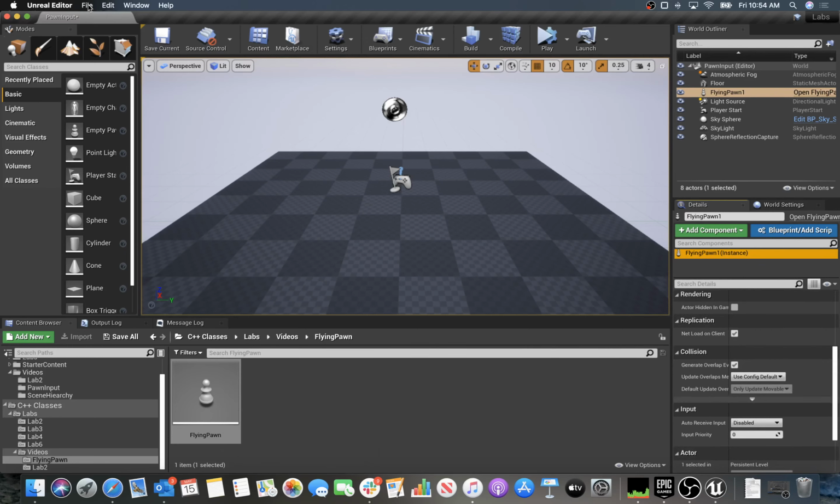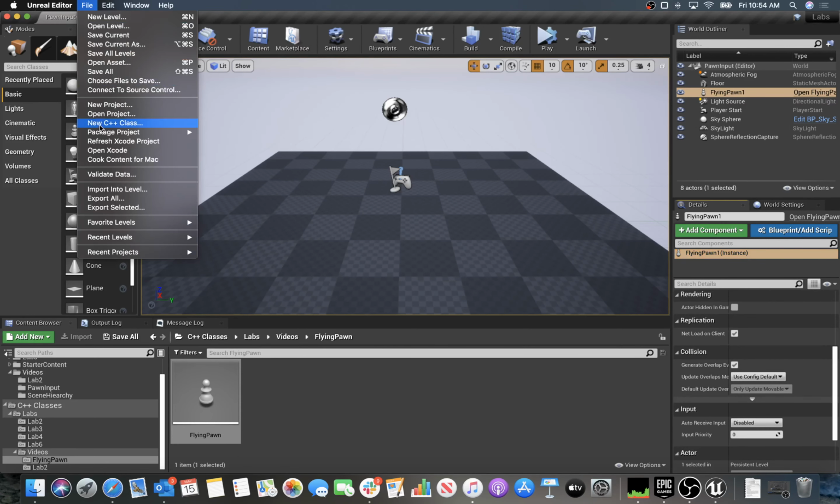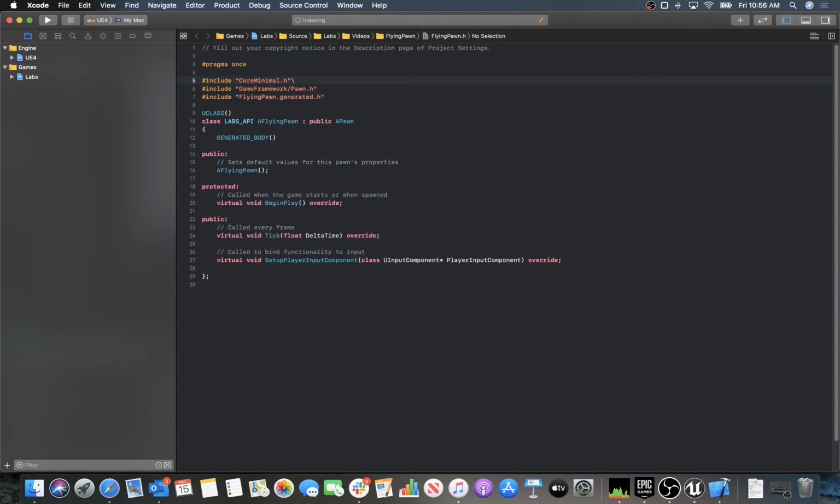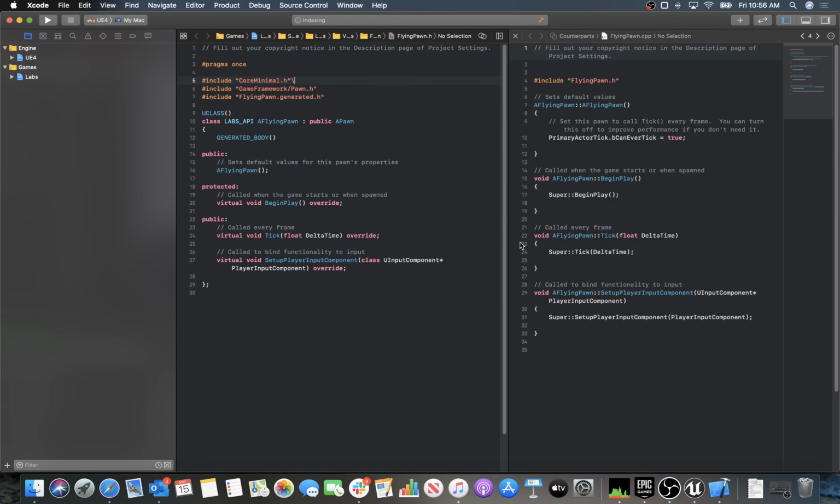By default, Unreal, when you're using a Mac, is going to open up, or really Xcode is going to open up just the actual source files. And instead, I'm going to open up Xcode itself so that I can get the entire project here and work with the whole editor. So here we have the editor and we have the flying pond, and in Xcode I can have it show me both windows by using the assistant. And so this will show me the header file and the